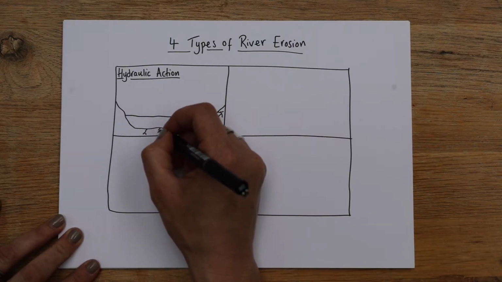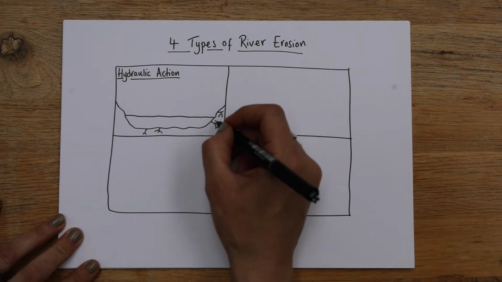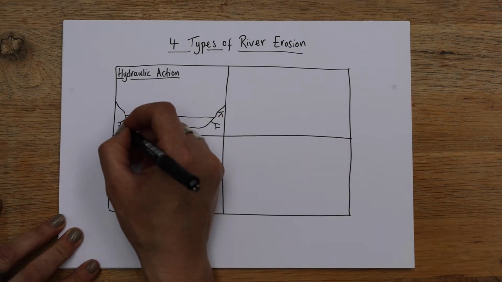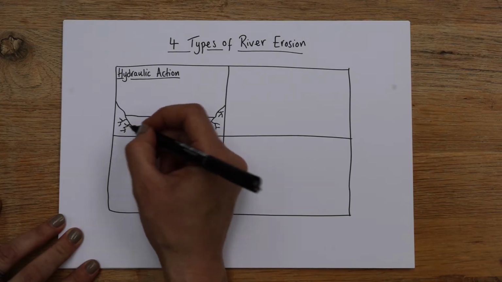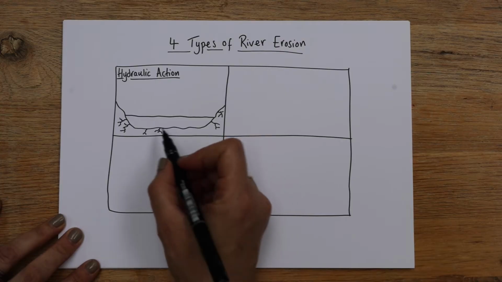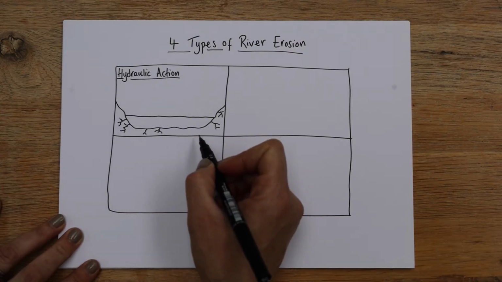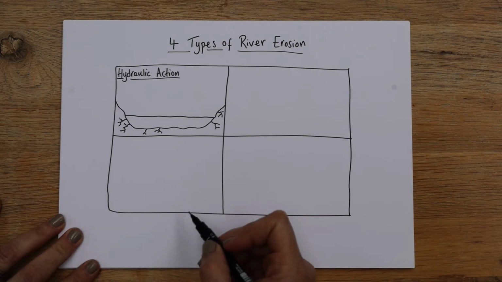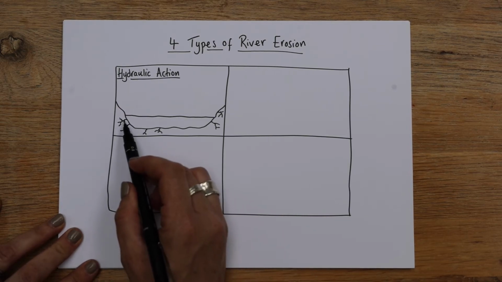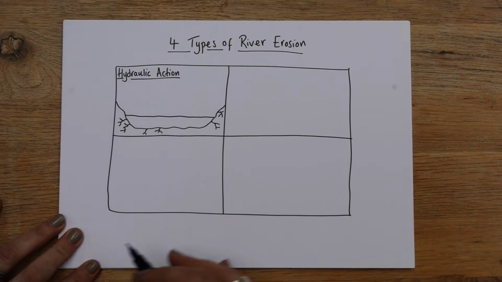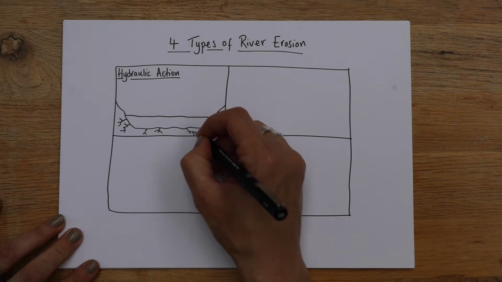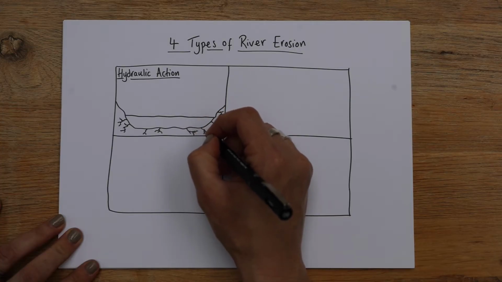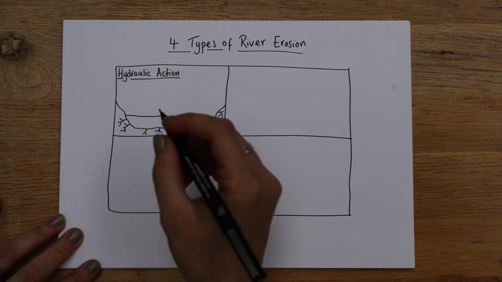So erosion is not just happening laterally, on the sides where cracks are being caused in the riverbank, but it's also happening vertically, because this river is going to get deeper, isn't it? And it's going to get deeper because of hydraulic action. When these cracks form, eventually air gets in, water gets in, and the riverbank will give way. Okay, so once you've put a good number of cracks in place, like so,